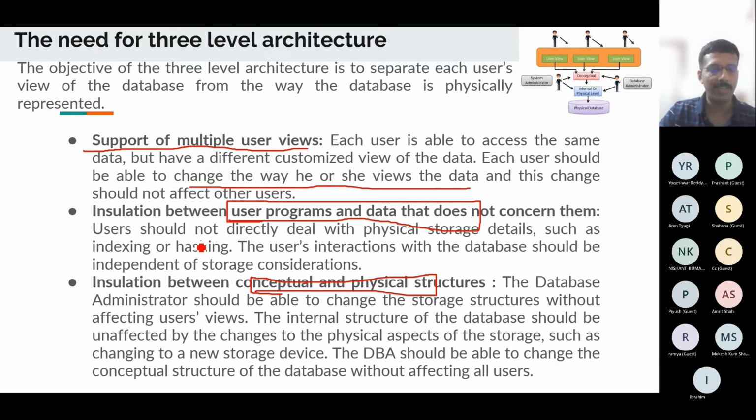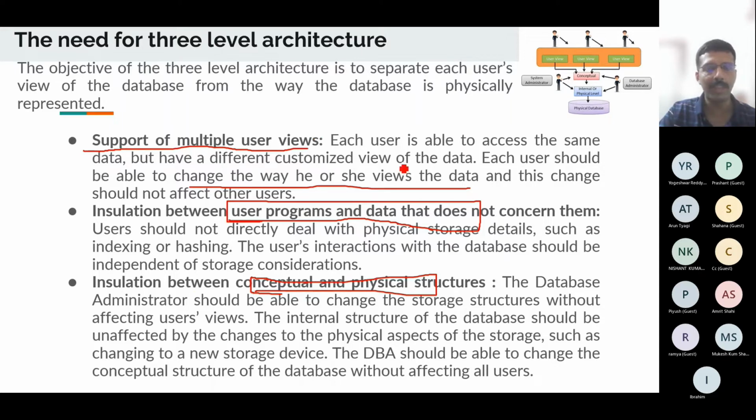That is, I can change the number of tables or number of data types in the data structure alone without actually modifying much in the other levels. Similarly, here I can change the way the database index is stored, in a B+ tree or a red black tree. Those kinds of things I can modify without changing the database schema, which is occurring at the conceptual level. So that way it provides integration between conceptual and physical structures.